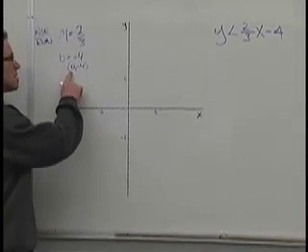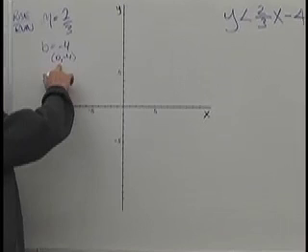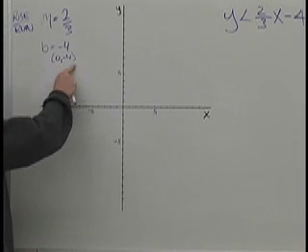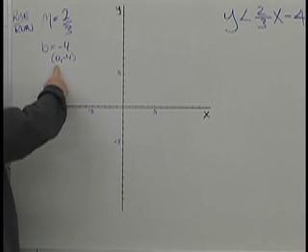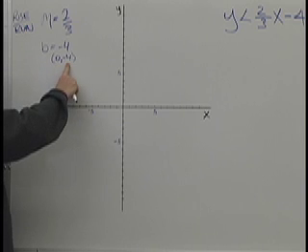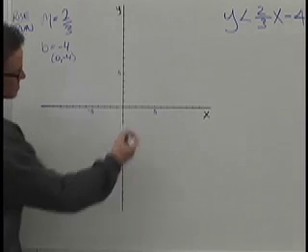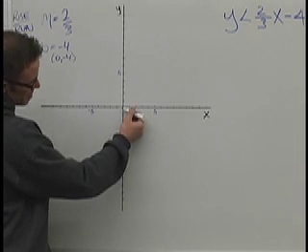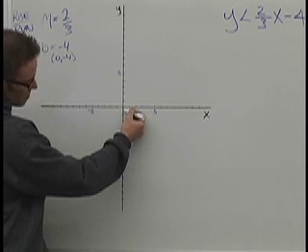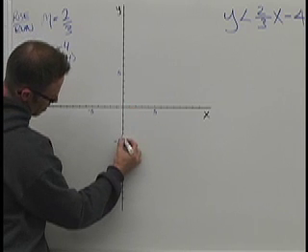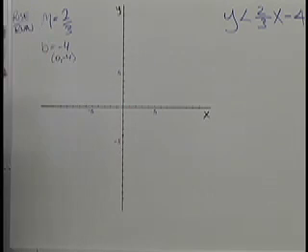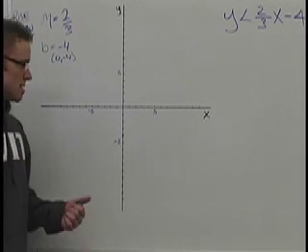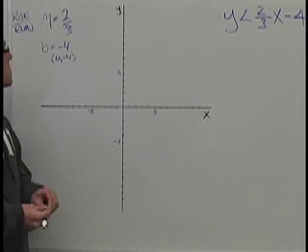Remember that the first number in our point is our x value, and this one is the y value. So we start here at 0 on our x axis and go down 4. That's our first point. So to get the rest of the points, we're going to have to use our slope,